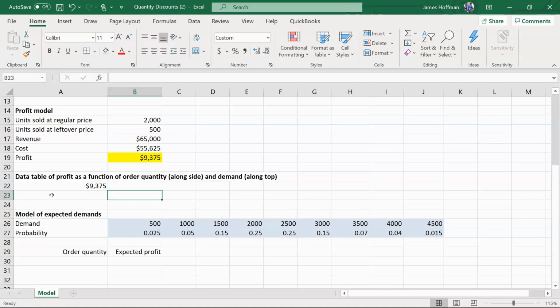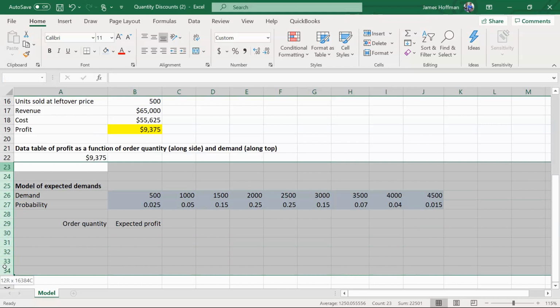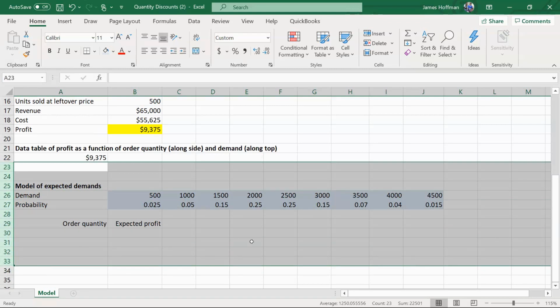Okay, and then we need to add some rows, and to do that, you can select the rows on the left side. So I selected 23 to 33. I did that, and then I can do this a couple times, but if you select the rows like that, and then go to the Home tab,